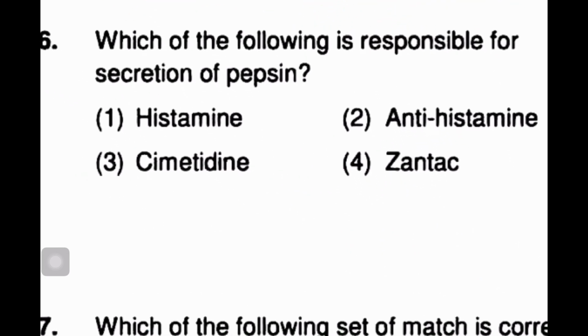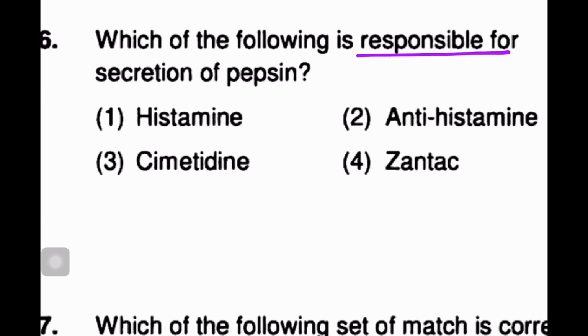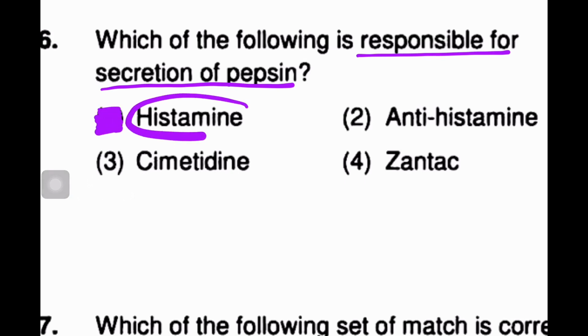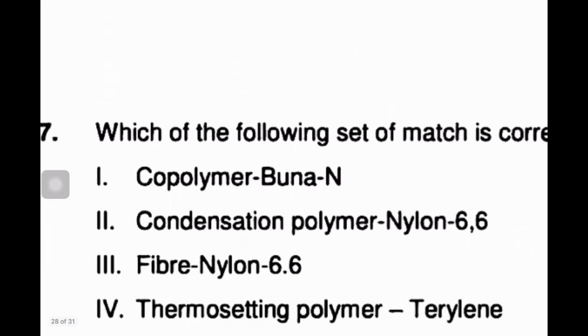Now the question is, which is responsible for secretion of pepsin? Basically histamine, directly from the chemistry in everyday life chapter of NCERT, where it is given that histamine stimulates the secretion of pepsin and hydrochloric acid in the stomach. So the first one is the correct one, that is histamine. Next,